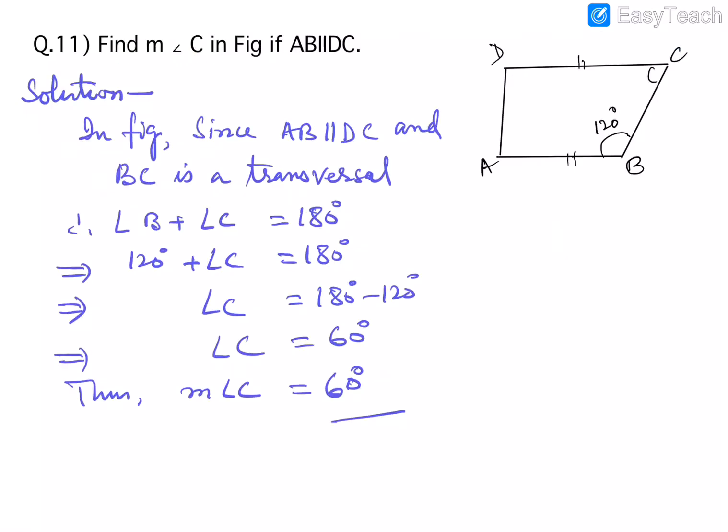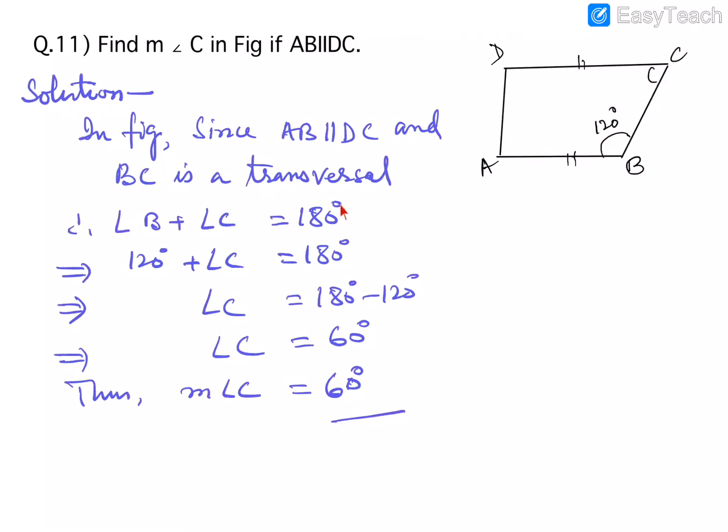Question number 11. Find measure of angle C. In figure, if AB is parallel to CD. Here we will use the properties of parallel lines intersected by a transversal. Since AB is given parallel to DC and BC is a transversal, and therefore angle B